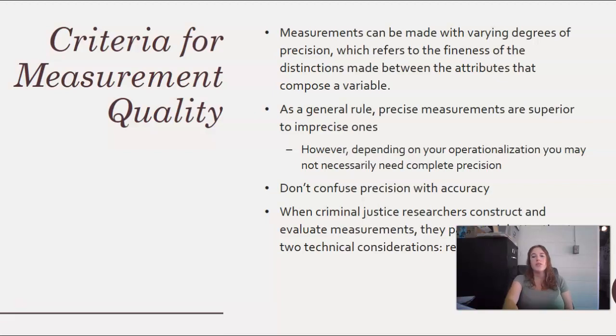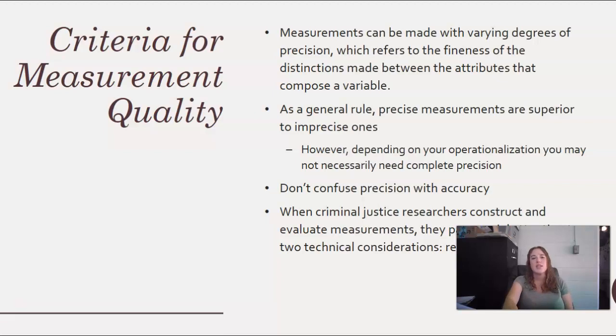So let's say, for example, we're trying to ask a question about age. When assessing age, is it enough to ask if a person falls within a certain age range? Let's say that we're going to classify everyone between the ages of 10 and 19 as a teenager, and everyone from 20 to 29 as a young adult. And so we can have that group. Or is it better for our study to have a more precise measurement of age, where we are recording actual ages: 14, 15, 16, 17?